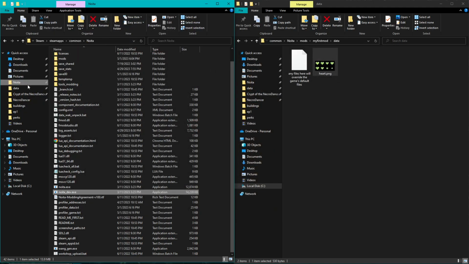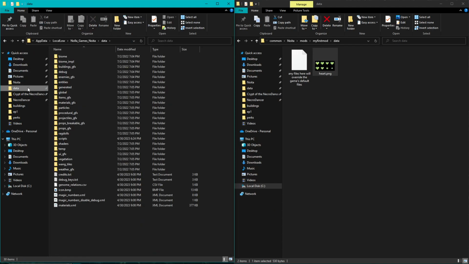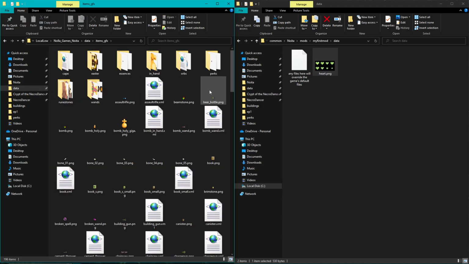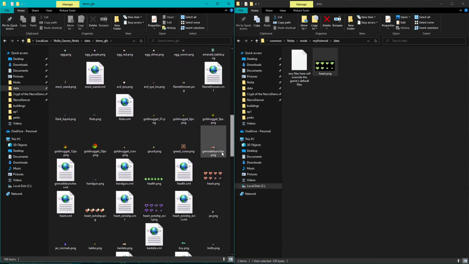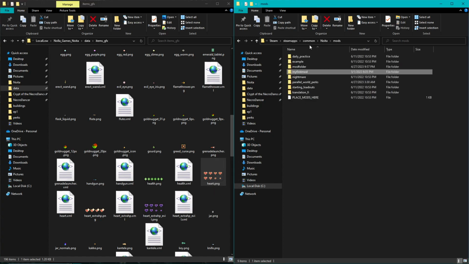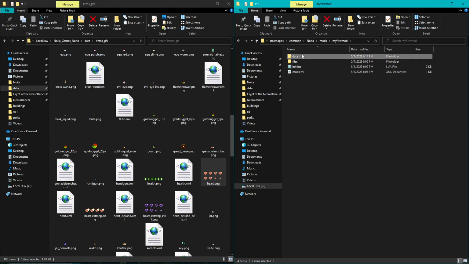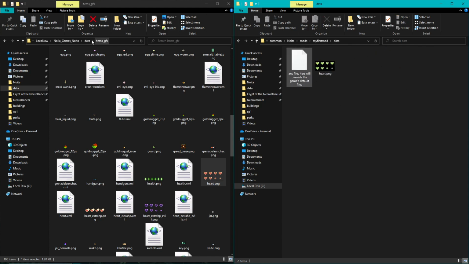If we go into the Noita data folder, right? This is the Noita data folder. Where was our image? It was located in items GFX, and it was there inside items GFX, heart.png. Whenever you're overriding some file, it has to exactly match the path, and the folder names need to match exactly with how it is in the Noita data folder. So it wasn't just my first mod, data, and then the file was there. It was inside another folder called